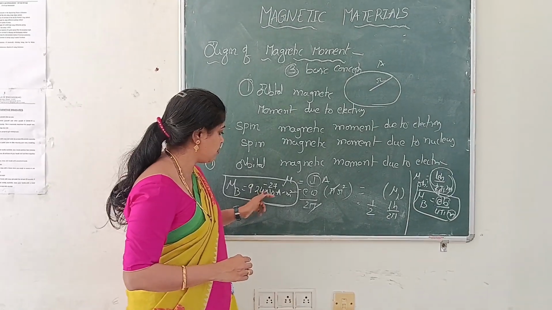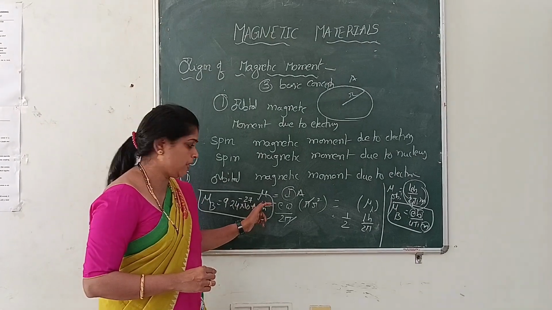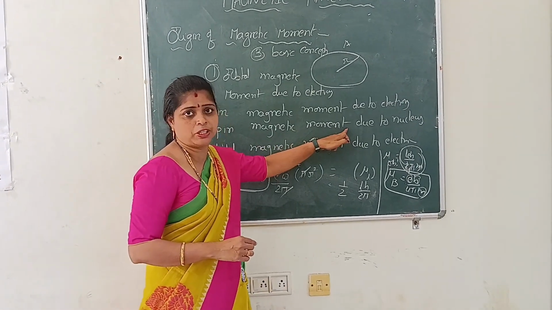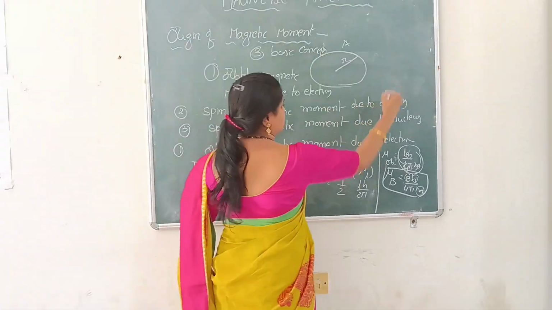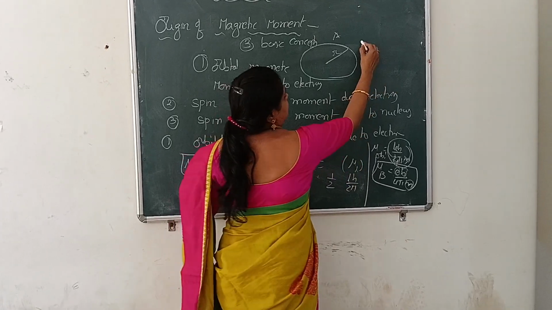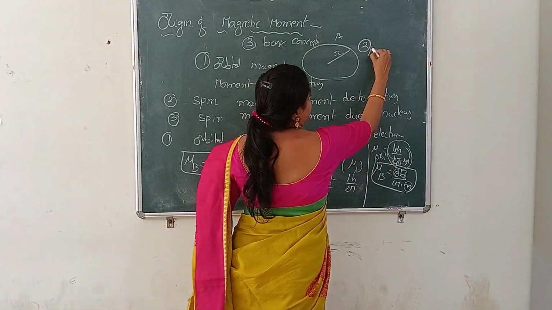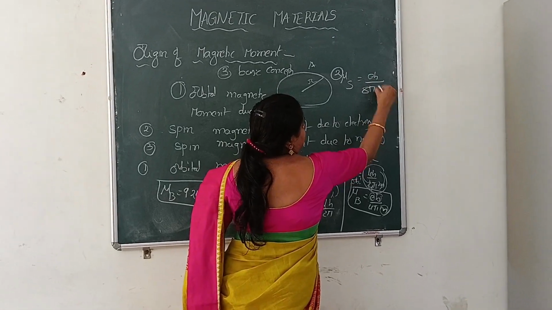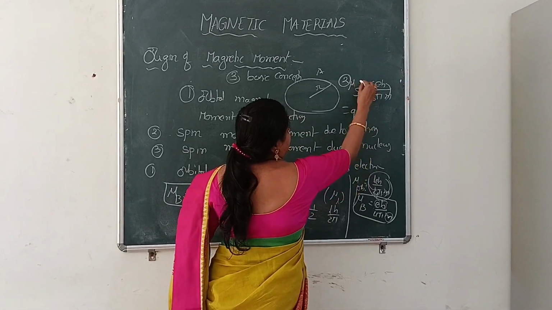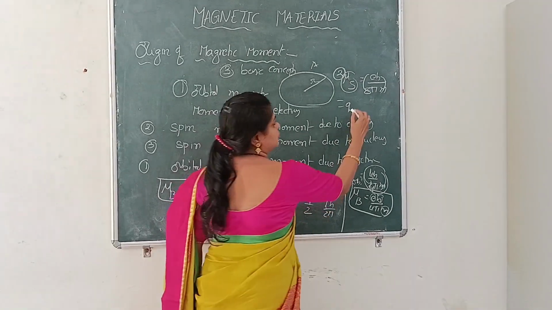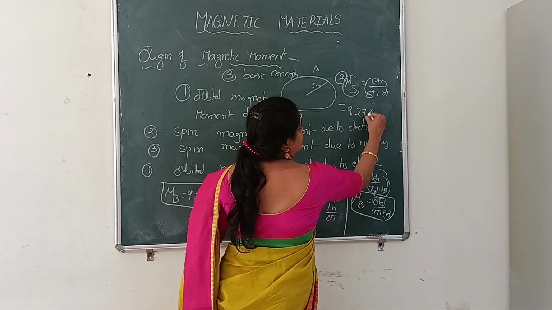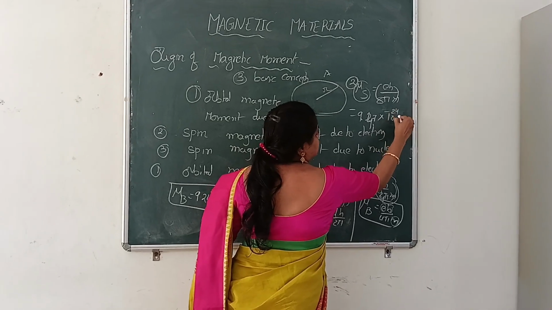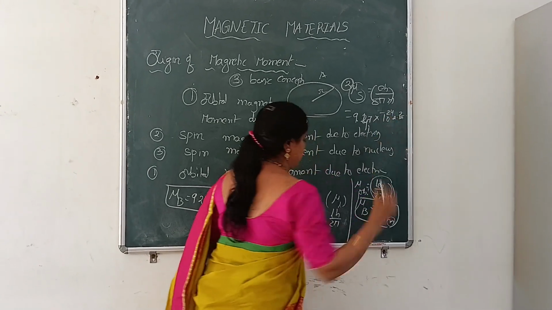Similarly we can calculate the spin magnetic movement due to electrons. Second one, spin magnetic movement mu S equals e h by 8 pi m. The value of the spin magnetic movement of the electron is